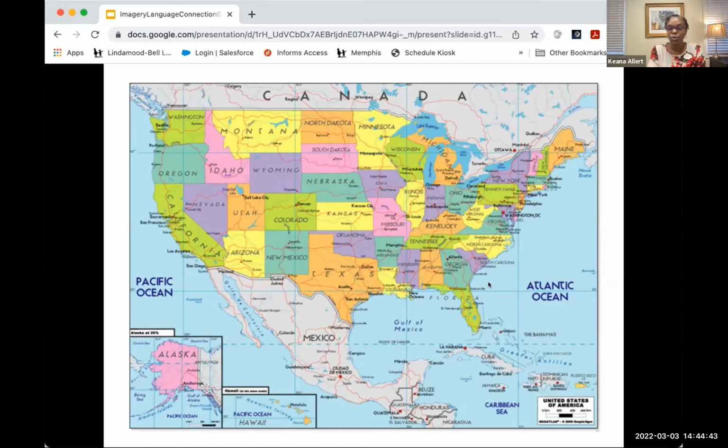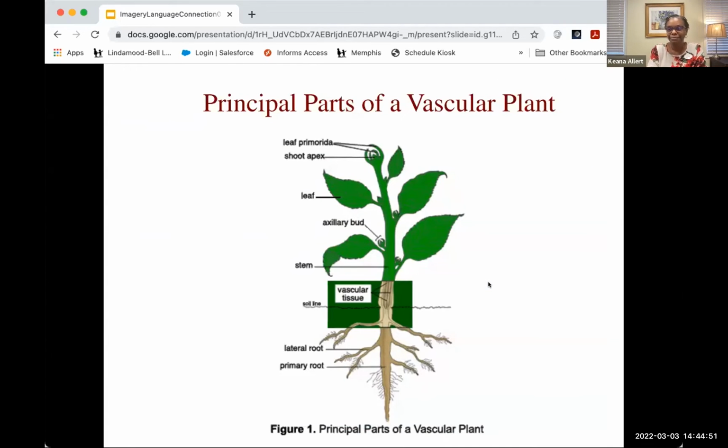Or what states do you see bordering Tennessee? Because that's where I am. All right, one more. Science. So take a look. Again, this is a picture that might be in a textbook, and the picture is labeled. This is probably going to be vocab that the students